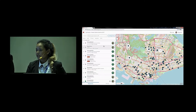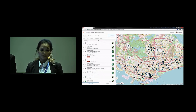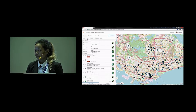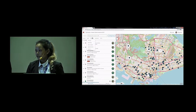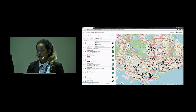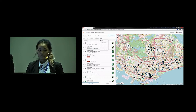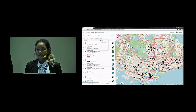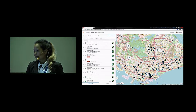I can also see the list of assignments I have created for this project. I can sort them based on their status, their due date, their priority. You can also see the list of your workers or assignees, and then sort them based on their importance. It is very easy to create a new assignment. You can just click the Identify tool, select the location,